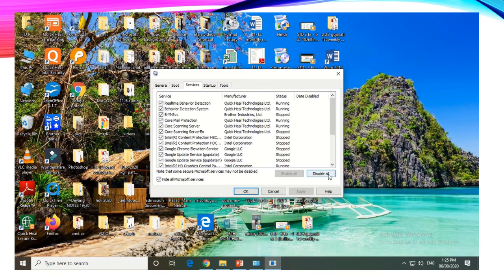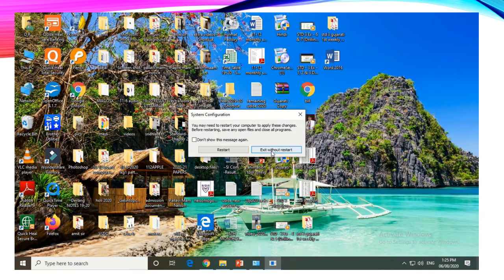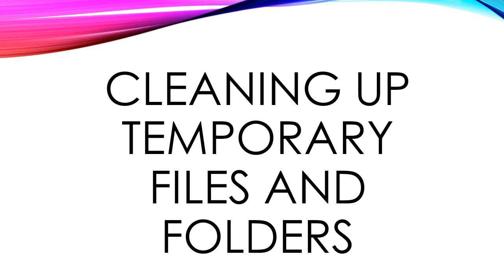These many services are there which are already running when you start your computer. Now disable all, click apply and OK. Then you will be able to see a few tick marks are done automatically again. So these are compulsory services, so you can leave them as they are, or again you can remove and click on OK button. Now it will ask you to restart your computer. When you restart your computer, these changes will be applied and your computer will boot up faster.